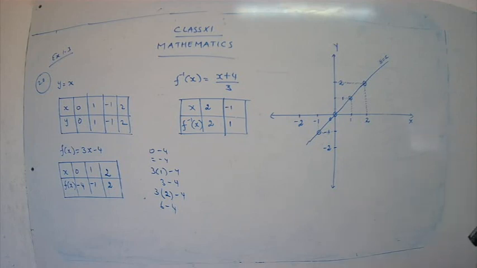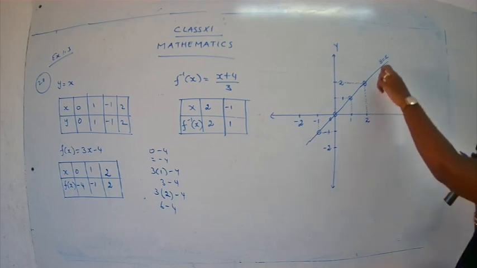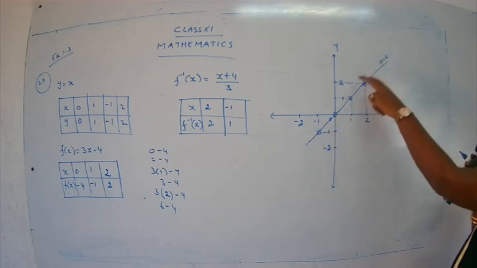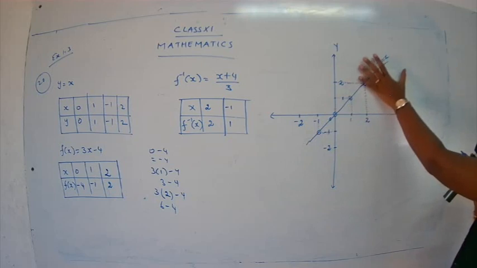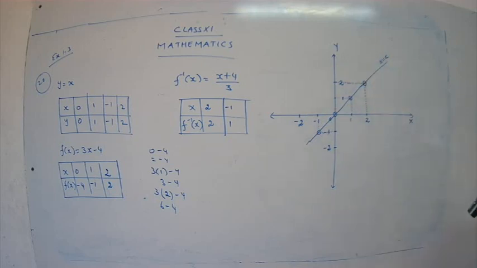Now we have to plot f of x and also f inverse x, and we are going to check how the picture is going to be. The question was to verify the symmetrical property about the line y is equal to x, so we have completed the line y is equal to x. Shall we go for f of x, children? Okay, we have minus 4 also.